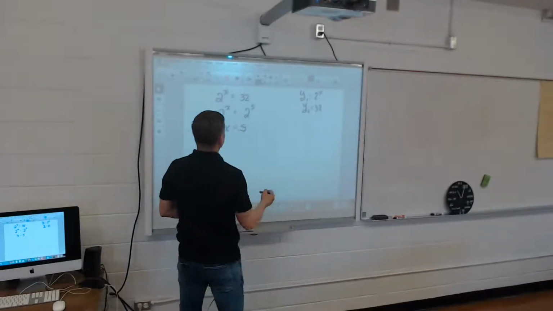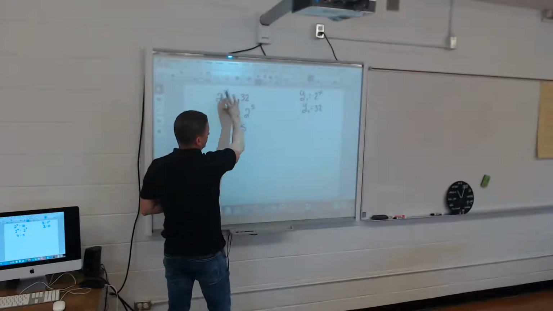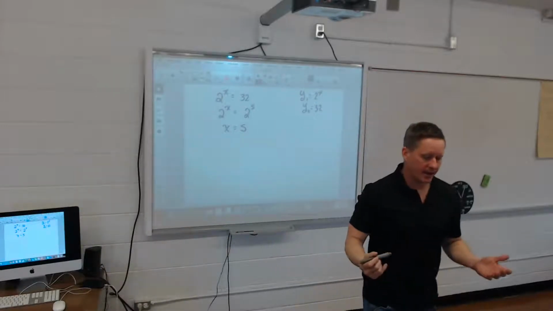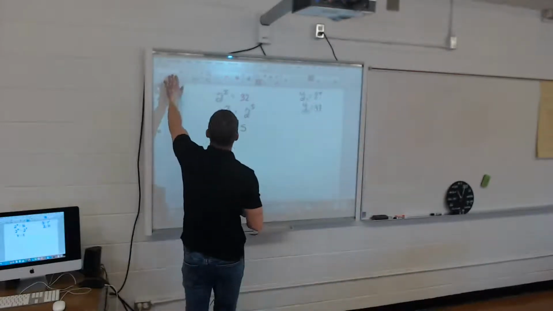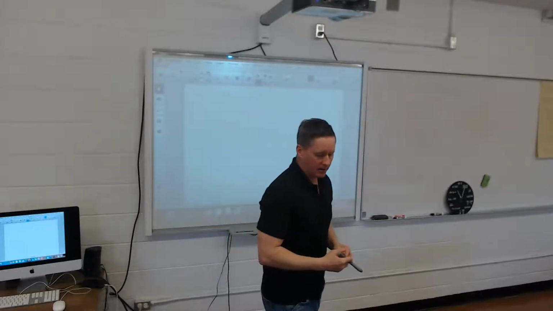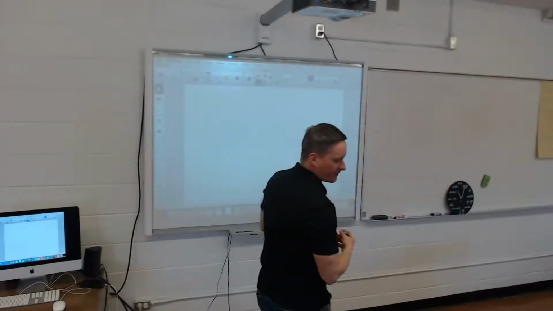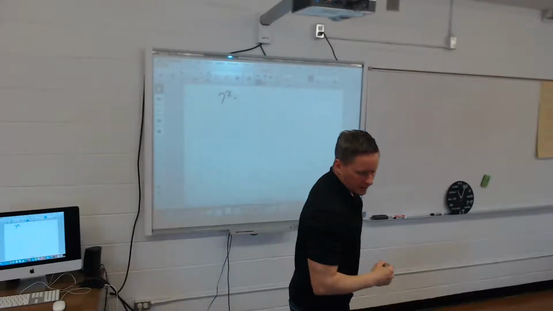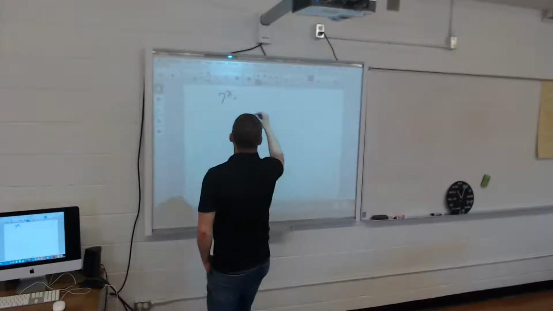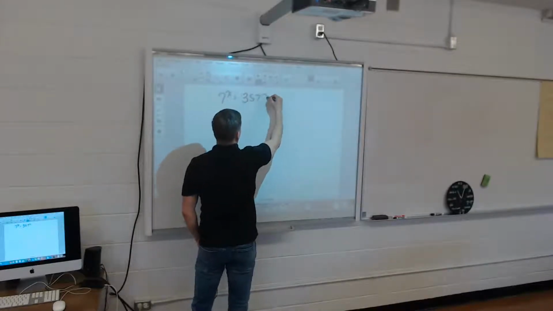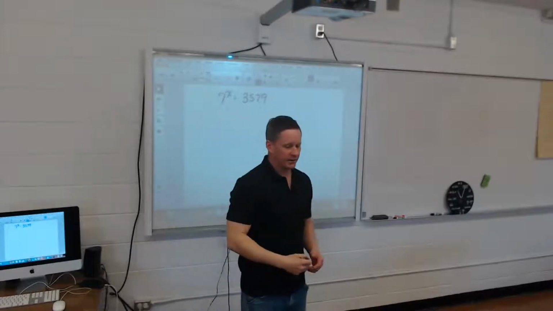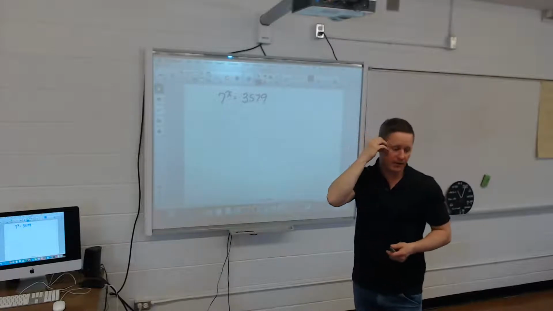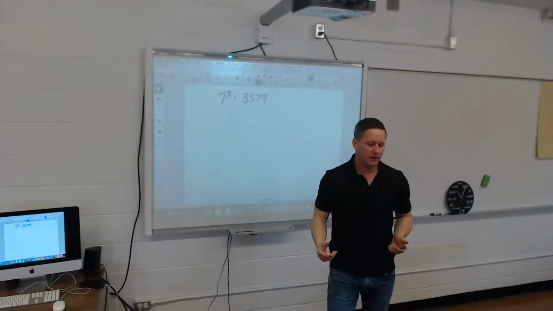Okay? So this is the algebraic way of solving it. But we know that it can't always happen. So for example, if you looked at the example on page 251, the third example, I've got 7 to the x is equal to 3579. And I find out that there's no way that I can put 3,579 to 7 to the power of something. So if I can't